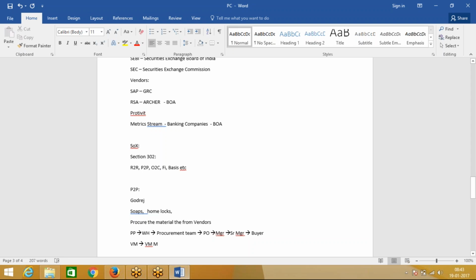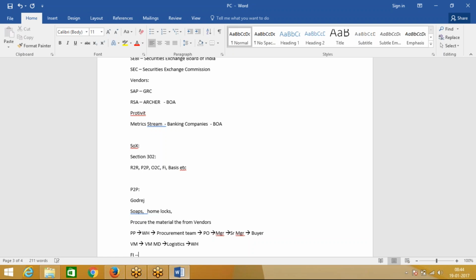Then afterwards, the vendor management team will create the vendor master data. Based upon that, third-party teams will sell these goods. Then logistics teams will arrange the relevant logistics, that means trucks, to get the material. Afterwards, the stock will be available, which will be managed by the warehouse team. Once everything is available, the procurement team will start working on manufacturing the product, and afterwards the finance team